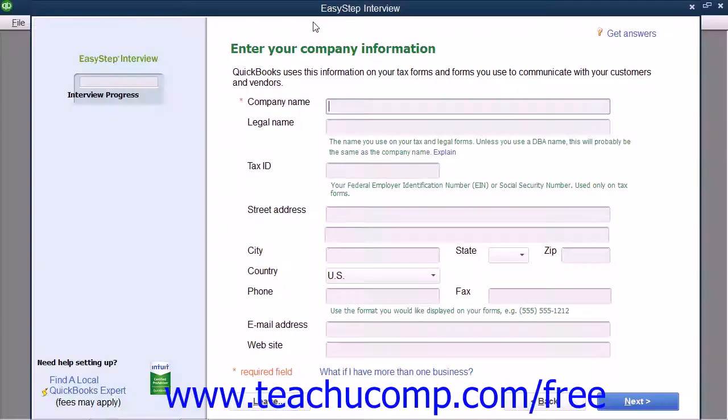www.teachucomp.com/free. In QuickBooks, you can also use the EasyStep interview to create a company file. You complete the EasyStep interview by entering information into different screens shown within the interview. After entering information into a screen, you can click the Next button to proceed to the next screen and repeat the process. After answering all questions within all screens, you can click the Go to Setup button and start using